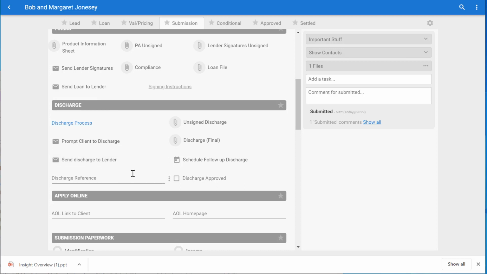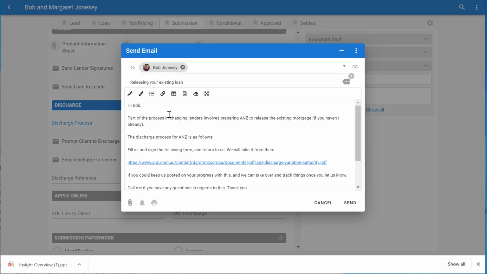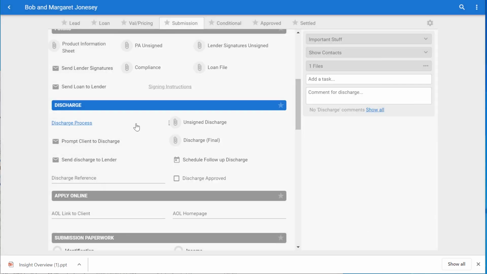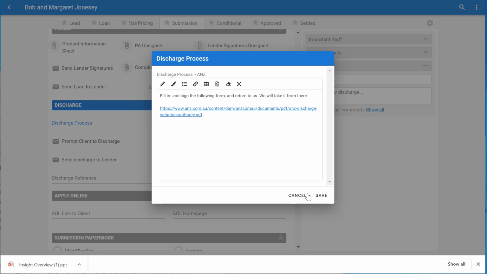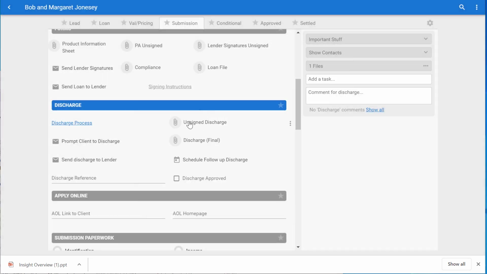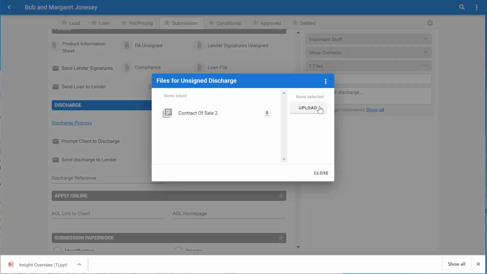So if I was doing a discharge, I can either just send the client an email, and it will send an email with a link to how to do the discharge and that sort of thing. If you want to be a bit more hands-on, you can actually grab the discharge yourself from that link, and fill it in for them. And then you would attach it to the unsigned discharge